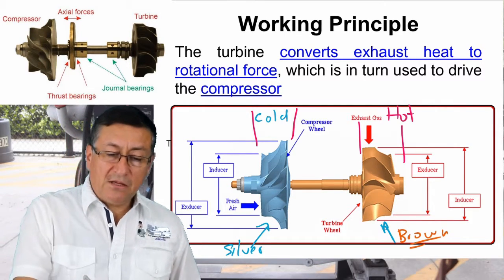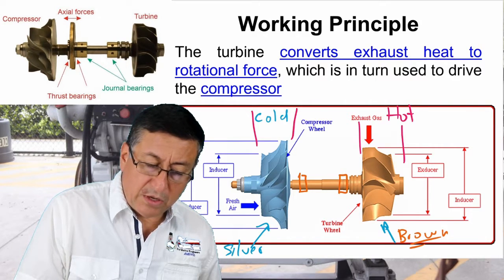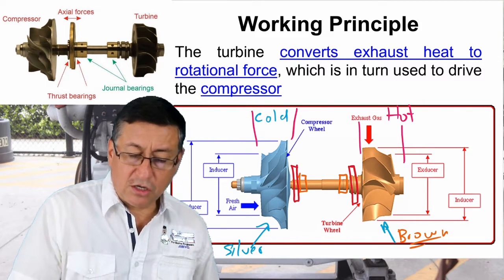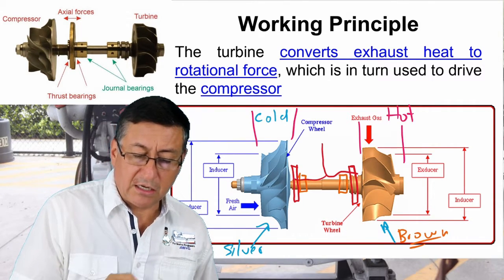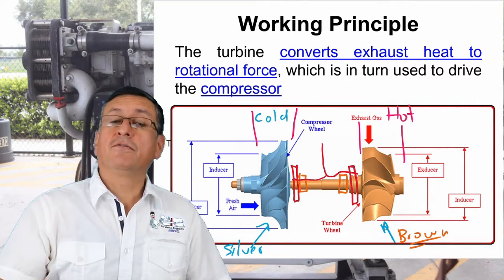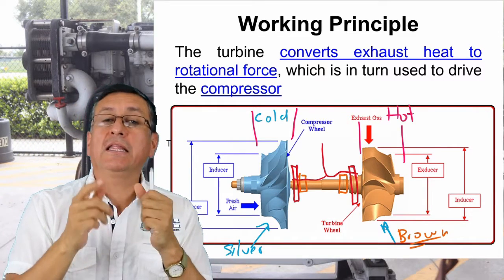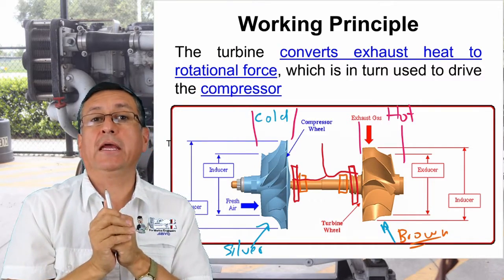Right? Yes, we have bearings here, and we additionally have seals here and seals over there, in order to avoid the oil coming from the engine penetrating and entering on both sides. The oil is coming from the engine at the pressure of the engine, the pressure that you have in the oil pressure gauge. Exactly. And that oil enters, like the picture over there, and returns into the oil pan again, and the cycle